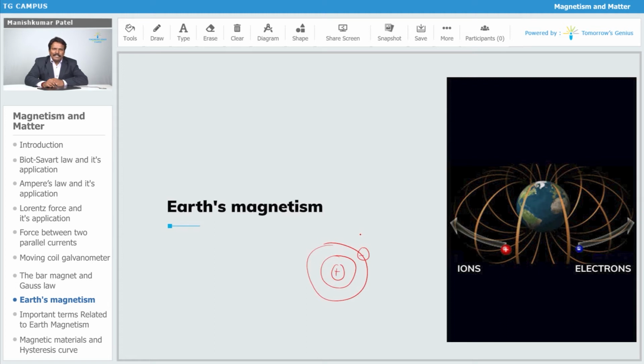If you consider the moon, the moon doesn't act as a magnet because of its speed of revolution. If you consider the planet Jupiter, the magnetism associated with it is greater because of its rate of revolution. So this is earth magnetism. Again, there are different theories. One of the theories states that because of the ionization of particles from cosmic rays around the earth, which revolve, a magnetic field is produced.